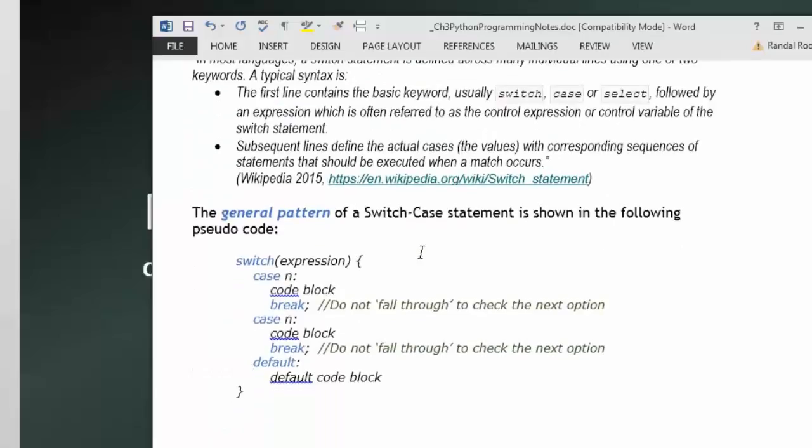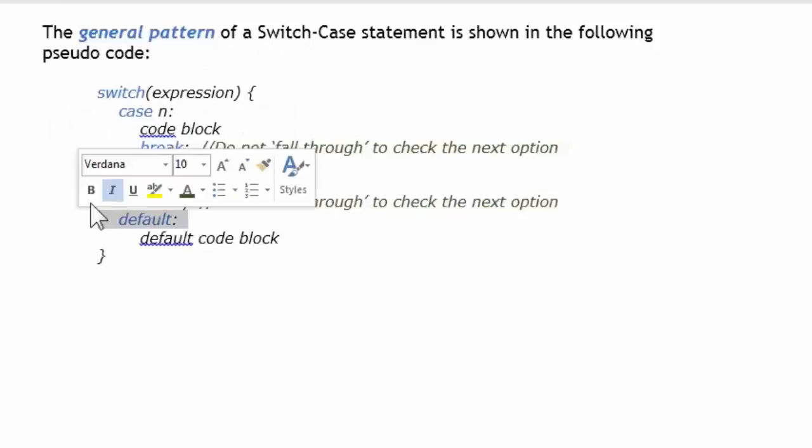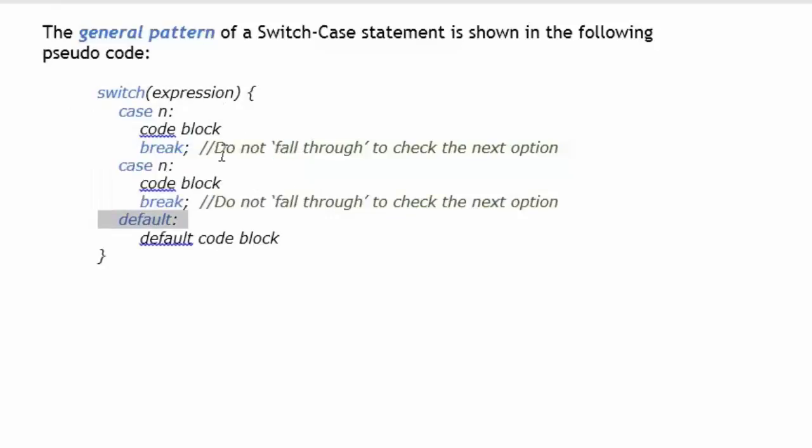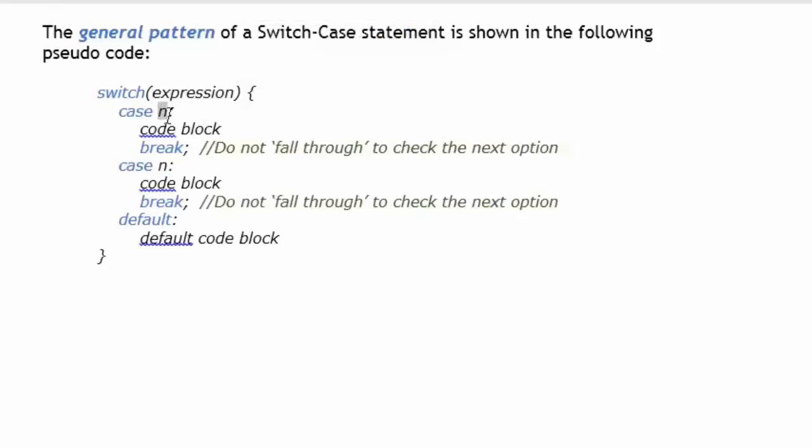But let me just give you the general pattern of what it would look like. You would have some kind of expression, and then you check to see if that expression evaluates to this item or this item, and if nothing matches this item. See if I can explain that a little bit better. Okay, so let's say that this thing evaluates to Bob, the name Bob. You can check to see if it's Bob. If it does, you do some code. If not, you can check to see if it's another one, like, I don't know, Sue. And if it doesn't match either Bob here or Sue here,